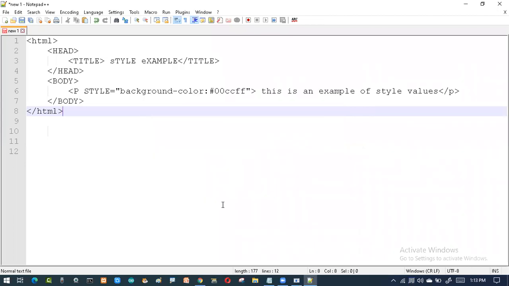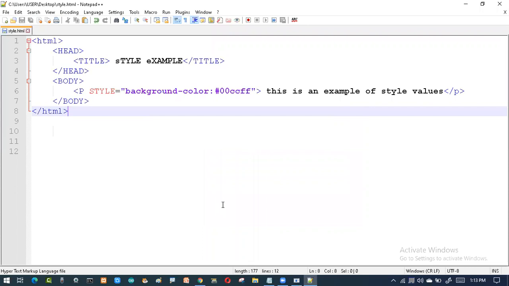If you are using the desktop, you have to do it like this. If you are using mobile, I already told you how to execute. Use your HTML editor viewer app, type this, and you can see the output. Now how will I execute on my computer? I just go to that particular place.